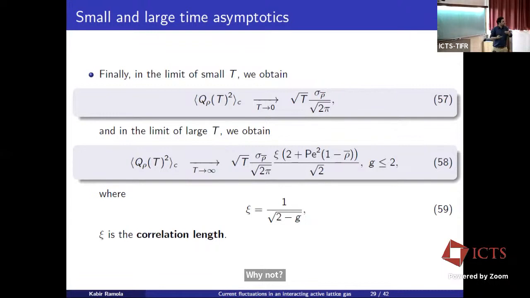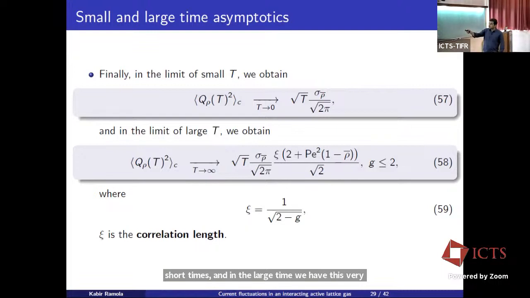But as t tends to 0 you can have a proper time as well. Okay. So at small times you have the square root t behavior. So basically what happens is this whole process is governed just by the fluctuations in density at very short times. And in the large time, we have this very non-trivial looking result, which is you have the simple symmetric simple